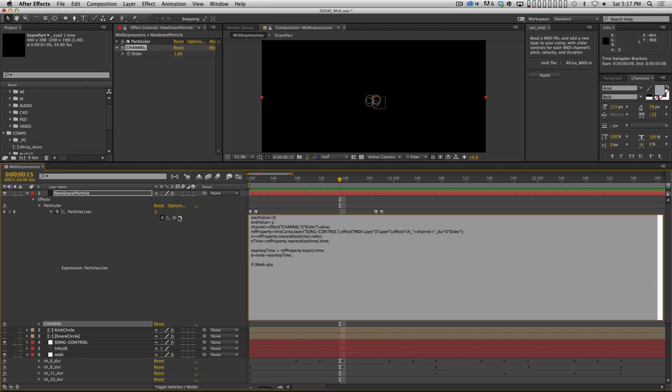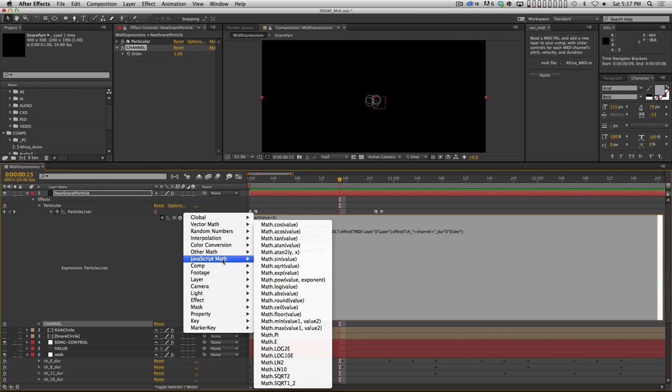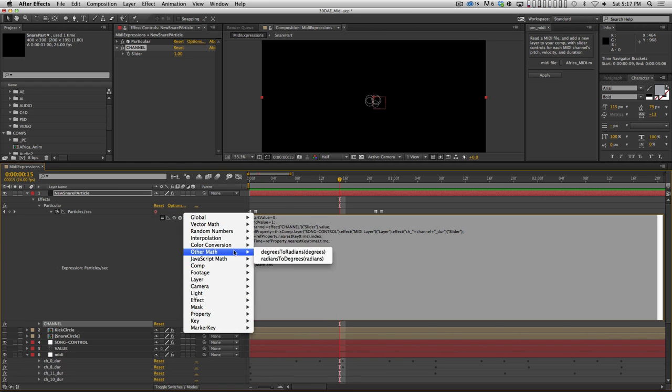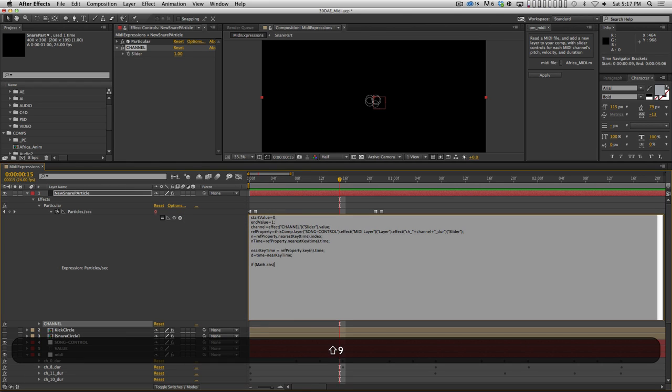If you can't remember this stuff, you can always click on this arrow and look through all of these little groups. And here's JavaScript math. You can see there's absolute value, but you can also find out the square root and the cosine and all this kind of stuff. This is a great little reference for expressions. But if math absolute value of D